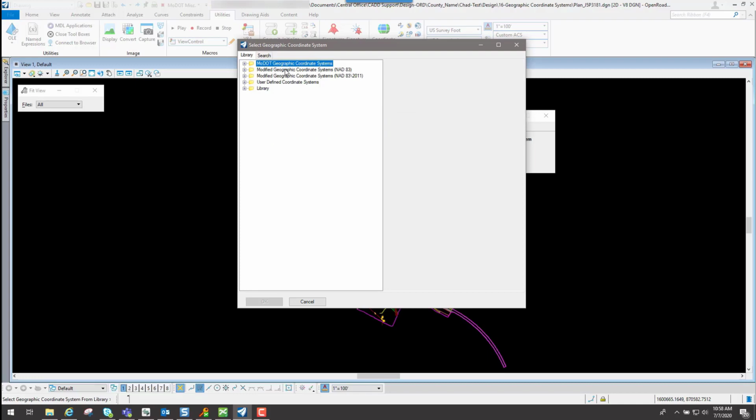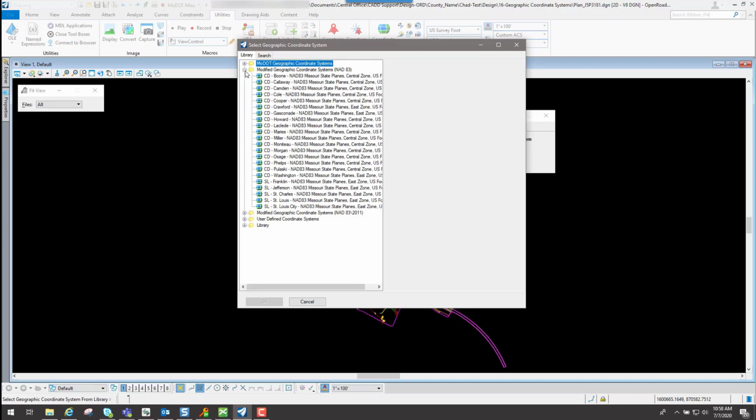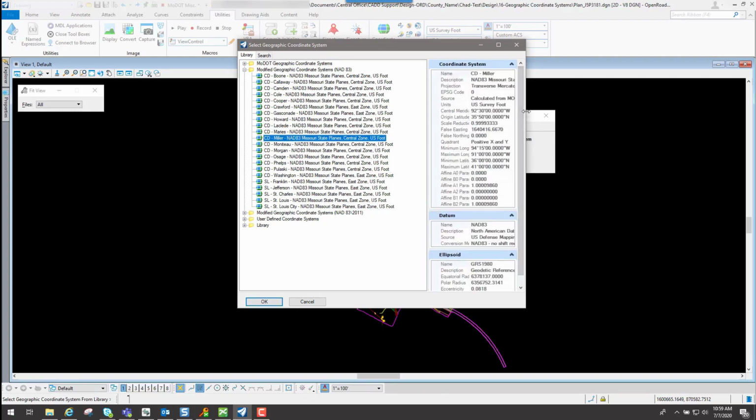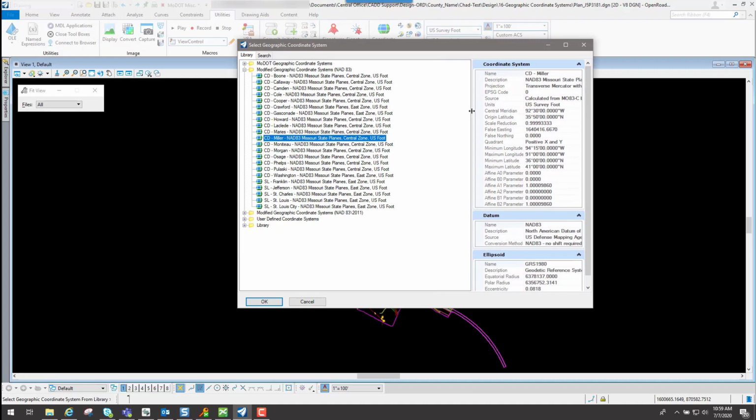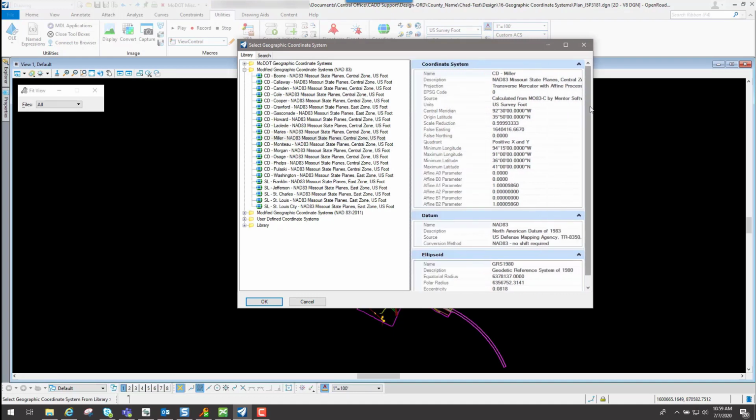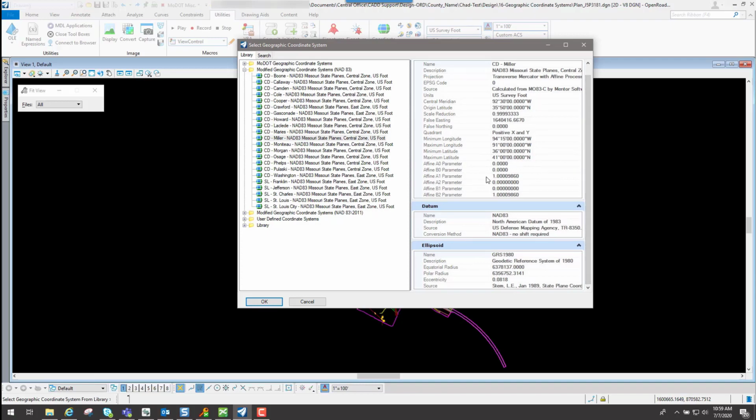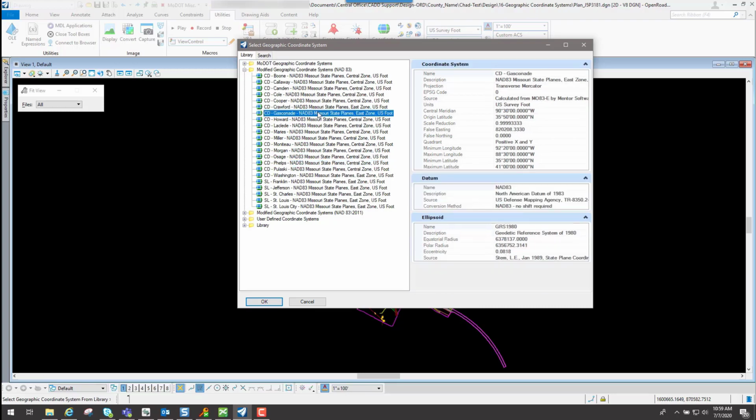Then you also have some modified ones, and in certain districts they actually have a county-wide projection factor applied for each one of these coordinate systems. So let's say this project here was done in Miller County. If you select it, you're going to see over here to the side there's actually a projection factor applied to that particular project, which is this A1 parameter and B2 parameter. And you can see that if you go to different counties, it has a different projection factor applied to it. That just helps get the actual survey or the coordinates down a lot tighter.